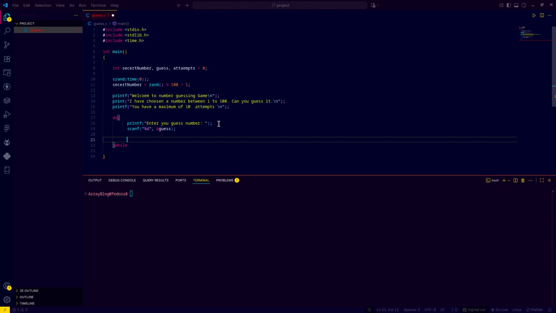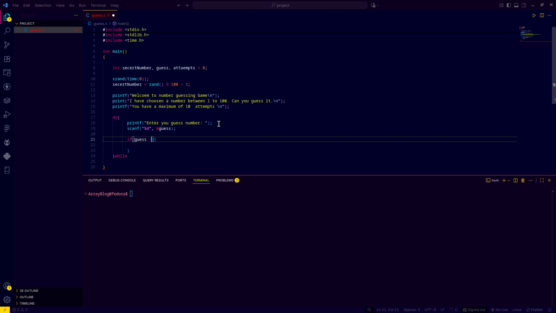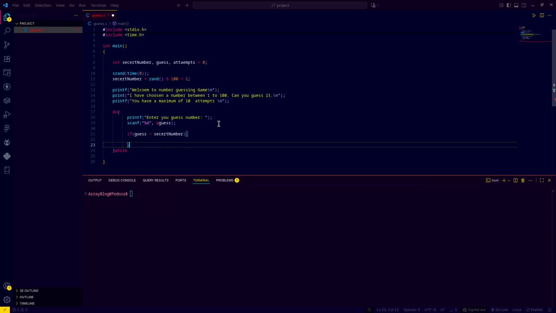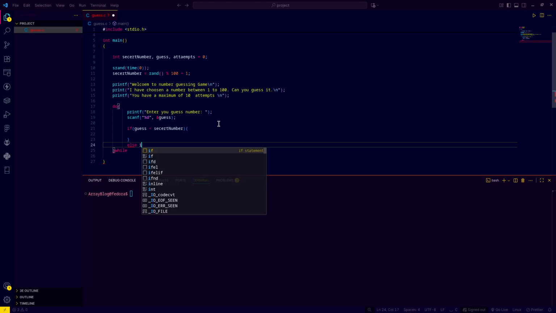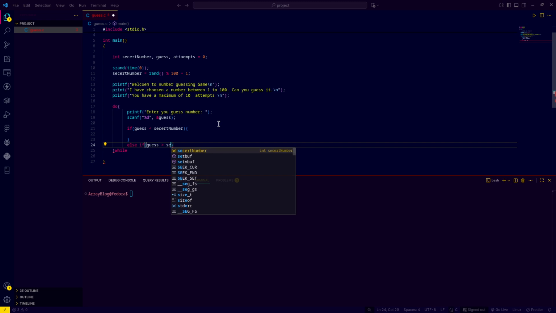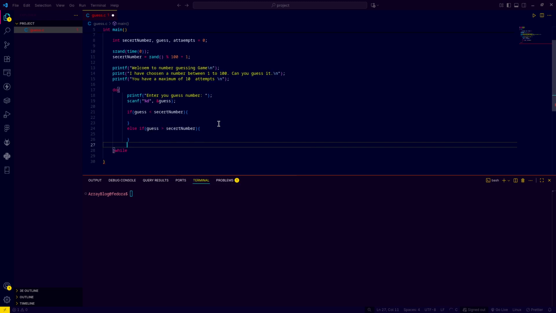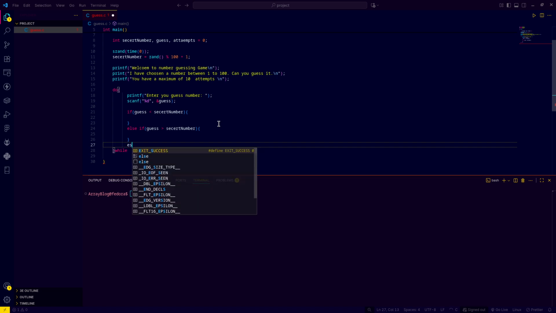Now we are going to check if guess is less than secret number. If guess is less than secret number, we'll print some message. Else, we have to check again if guess is greater than secret number. So we have to pass some message again. Otherwise we'll say else,